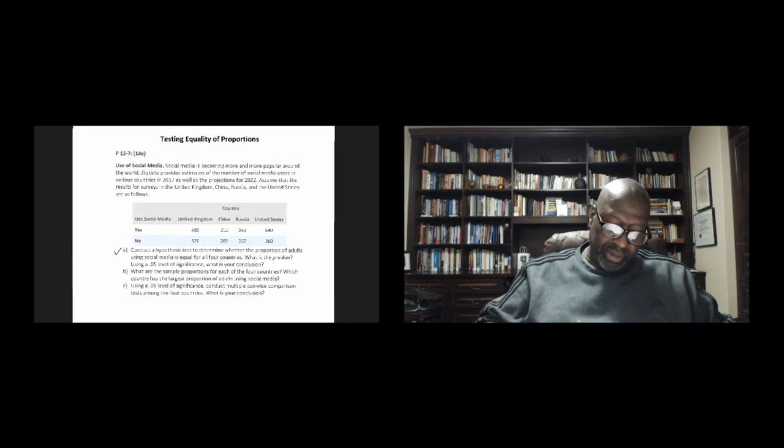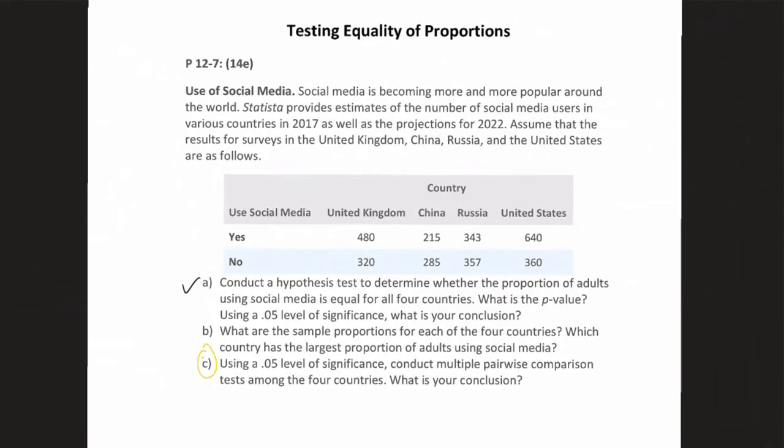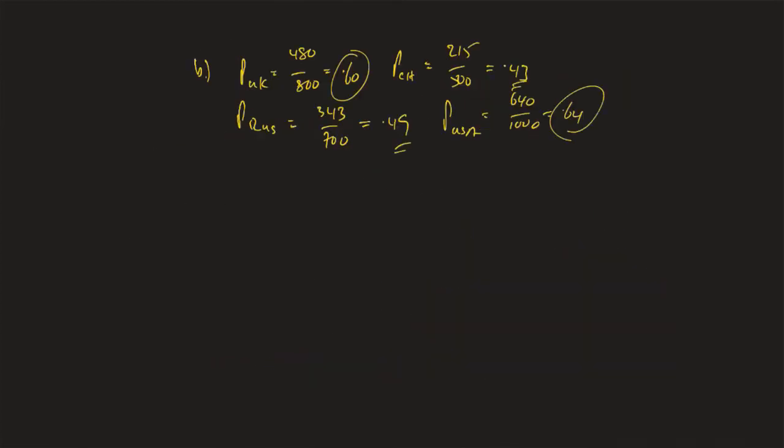Using a 5% level of significance, conduct a pairwise multiple comparison. In other words, they want us to do the Marascuilo kind of a test, and I'll remind you of what that is, and then we could take it from there. With Marascuilo, part C,